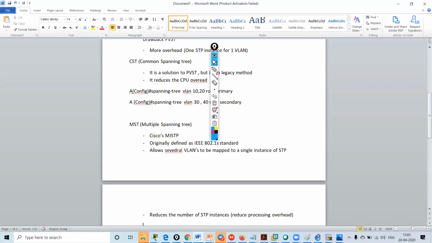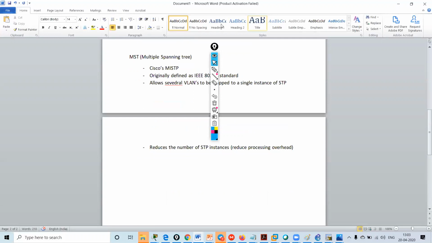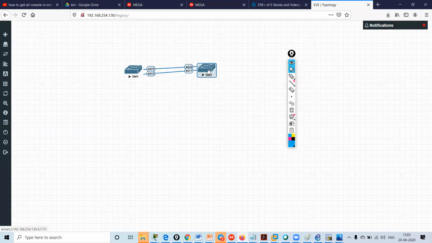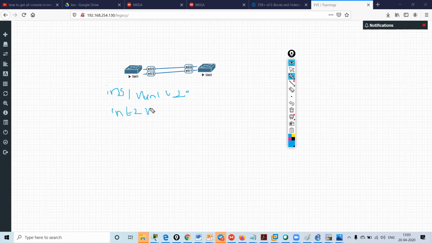So now how MSTP works. Suppose I'm having two switches. This is the example of two switches. Now what I will do, I will create MST instances, one instance for each group of VLANs. Suppose I created instance 1 for VLAN 10 and 20, and I created instance 2 for VLAN 30 and 40.